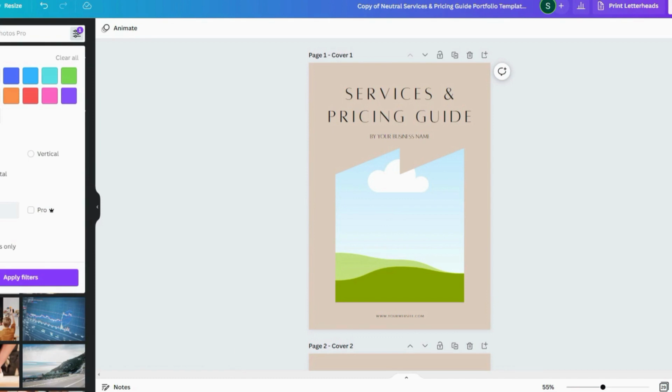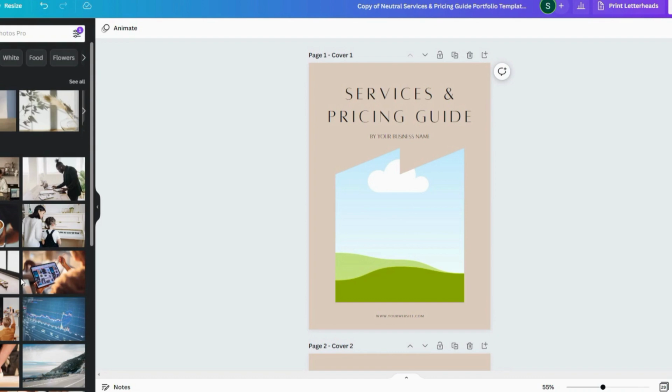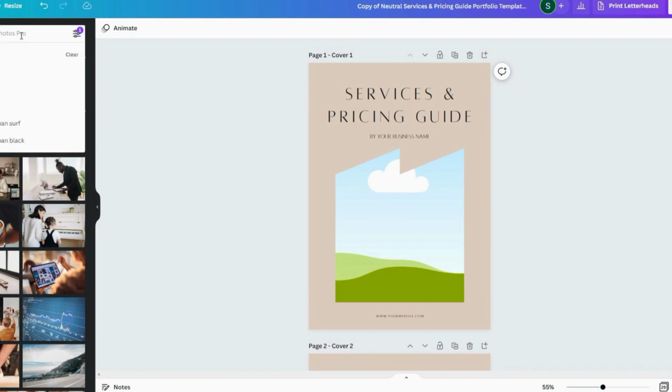If you do have the Pro version of Canva, you can also select the Pro version, just so you can see a wider range of images in the photo library. But we'll just select the free icon at this point in time, then we'll select Apply Filters, and then we'll type in a keyword. So I'll type in the word office. It is already there because I've previously used that one, but then you would select enter,